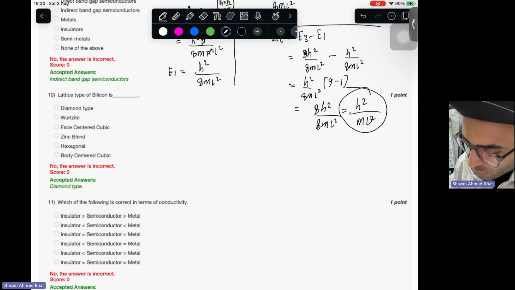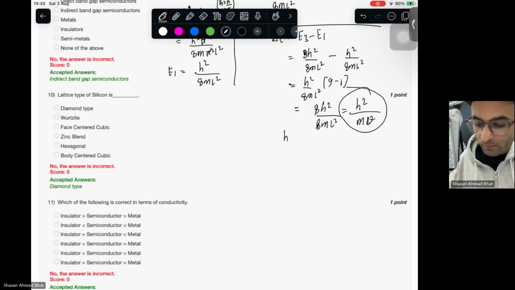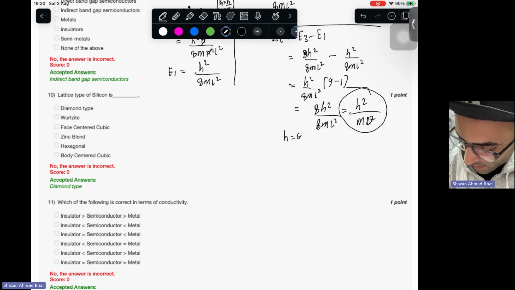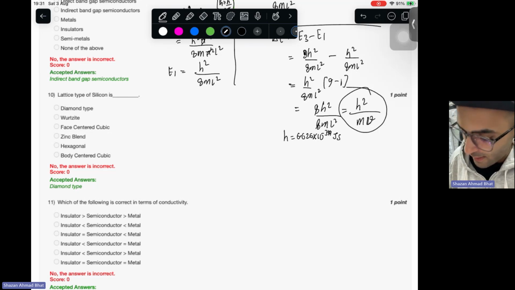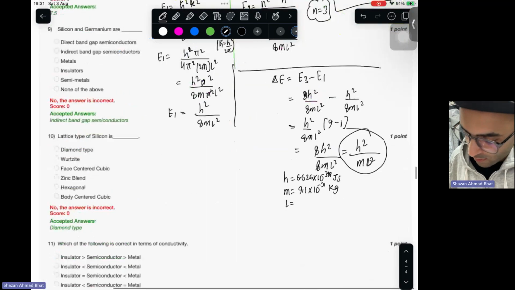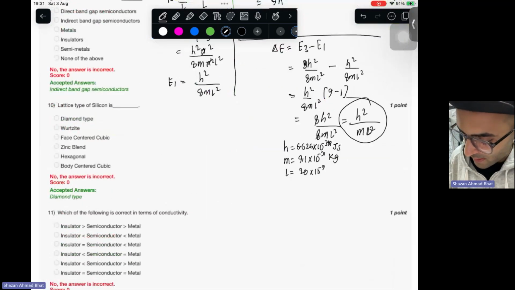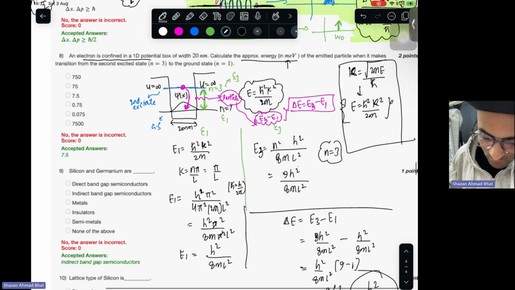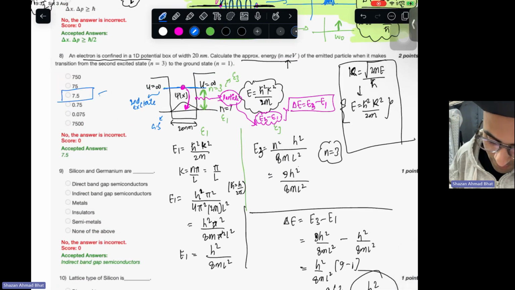Now the only thing left is to put in the values of h and m. You use h equals 6.626 into 10 to the power minus 34 joule seconds, and m equals 9.1 into 10 to the power minus 31 kilograms, and L is given as 20 nanometers. That means 20 into 10 to the power minus 9 meters. But remember to take the square of this. When you use all of these values, you will get 7.5 as the difference between the